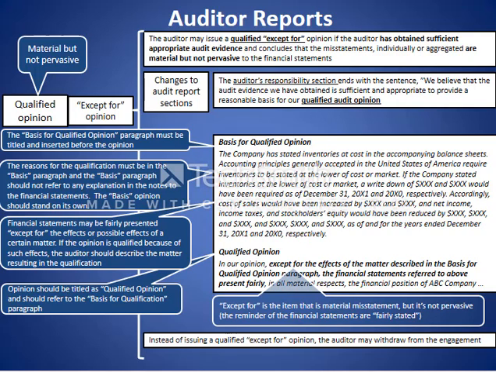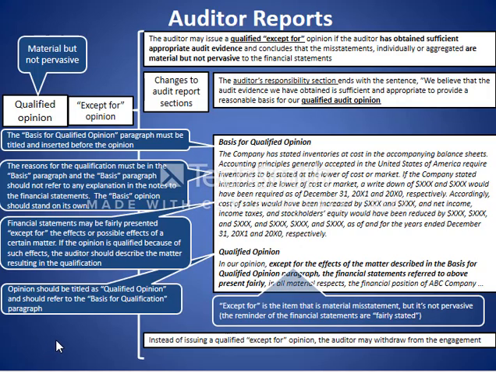So the auditor may issue a qualified "except for" opinion if the auditor has been able to obtain sufficient appropriate audit evidence and concludes that the misstatements, individually or aggregated, are material, but they're not pervasive, to the financial statements. Now, we talked about the different sections of the audit report, and if this occurs, if we have to have an "except for"